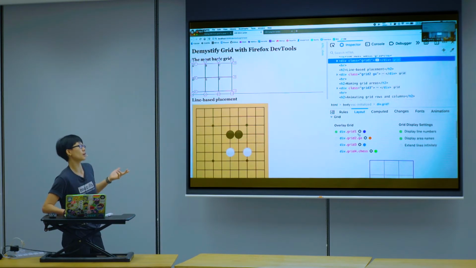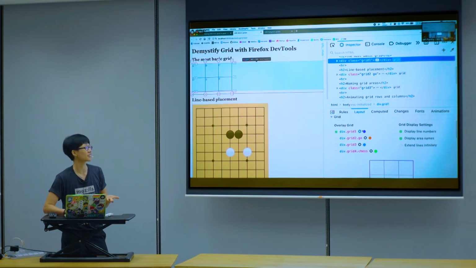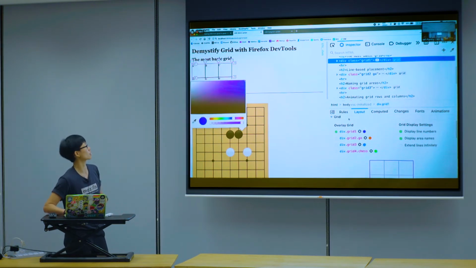And then, okay, you don't like purple. I also don't know why you don't like purple. Purple is a nice color, right? But okay, say you don't like purple, change the color. You can change to any color you want. This is helpful if you've got multiple nested grids, so you can differentiate. But anyway, let's just stick to purple. Purple is quite nice.